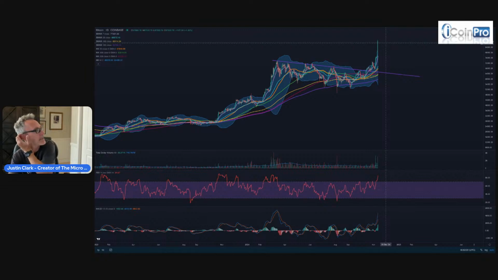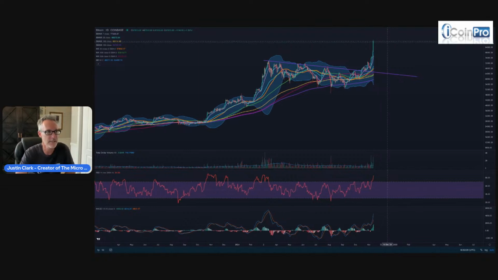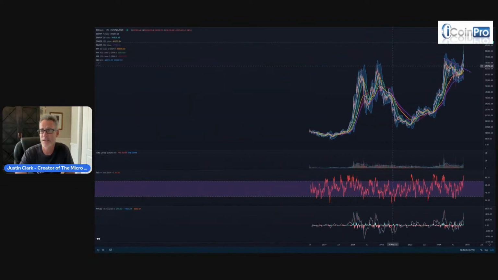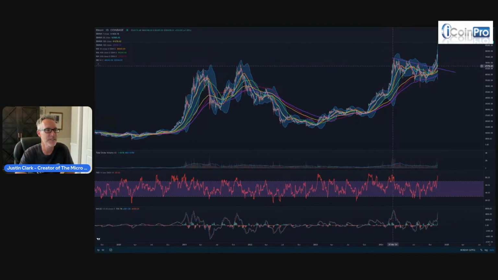Fear can set in pretty quick, yeah, people can freak out. There are a lot of people who are experts at buying the top and then selling the bottom, right? So good trading is you want to buy low, sell high, right? Not buy high, sell low. But right now we're up in that range where it's getting people excited.